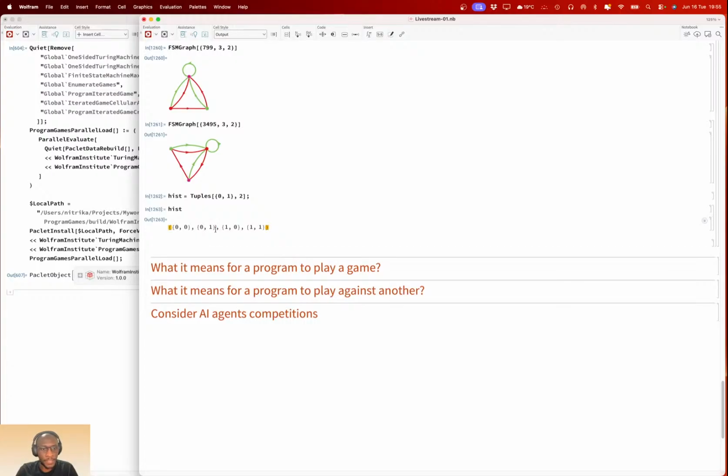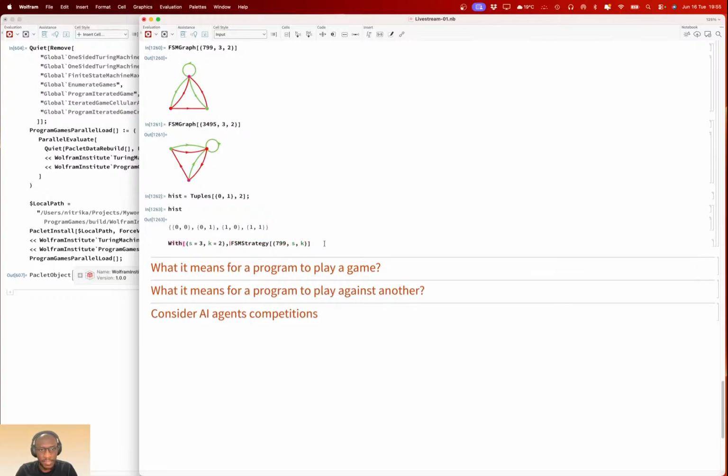Let's say we want to play, we have two strategies, FSM strategy. The first one is 799 state 22, right? Let's just do it with s equals 3, k equals 2, and you're asking for these two strategies.